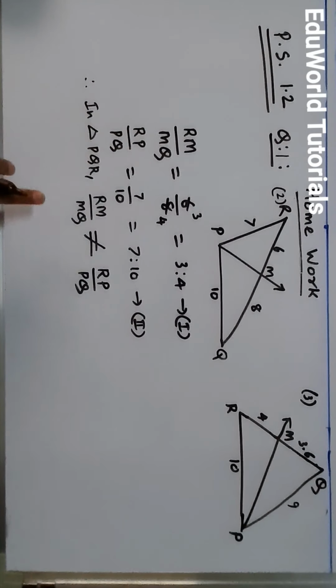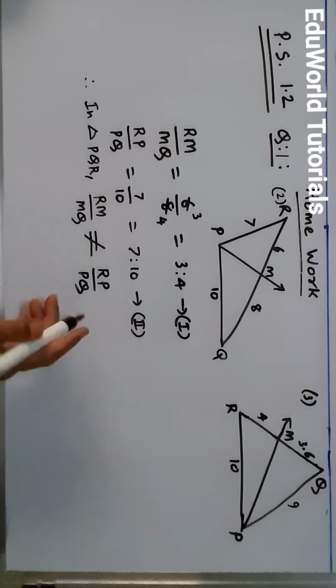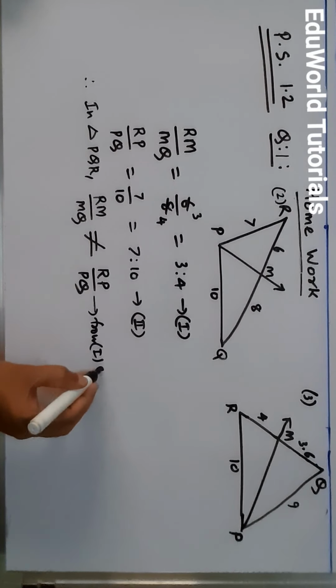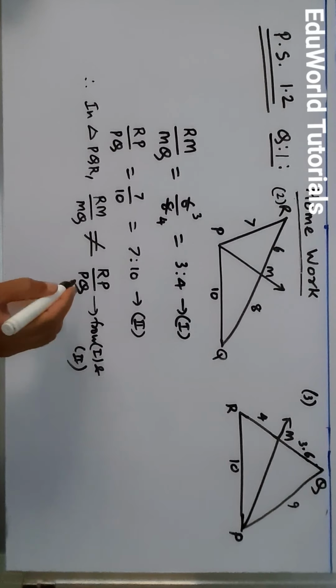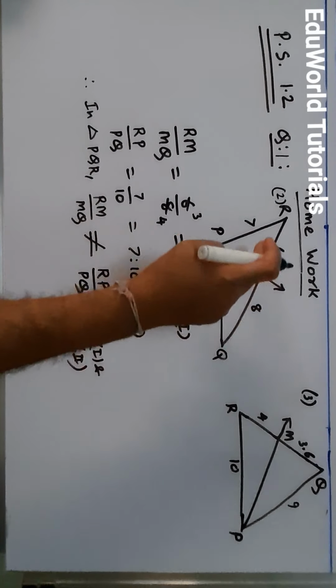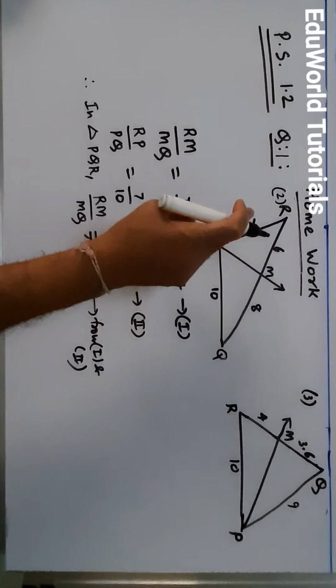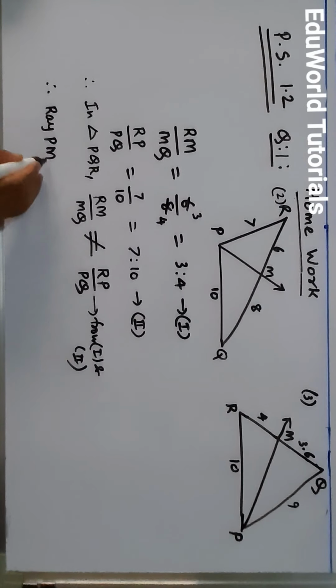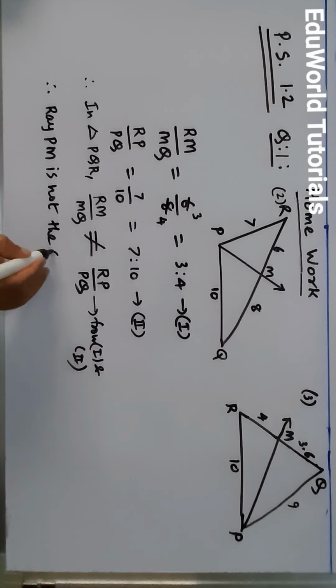Because you have not taken the proper ratio. This is the way we have to take the proper ratio. Now we see that these ratios are not equal. This we get from 1 and 2. And when these are not equal ratio, that means this ray does not divide the opposite side in the ratio of the remaining sides of the triangle. Therefore, what we can say? Therefore, we can say that ray PM is not the angle bisector